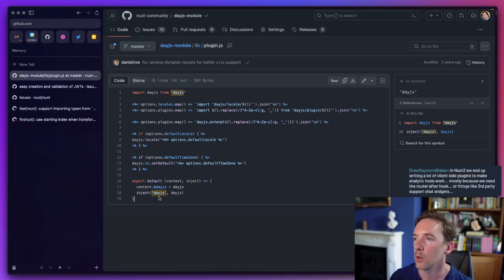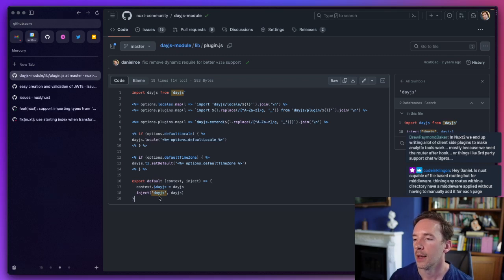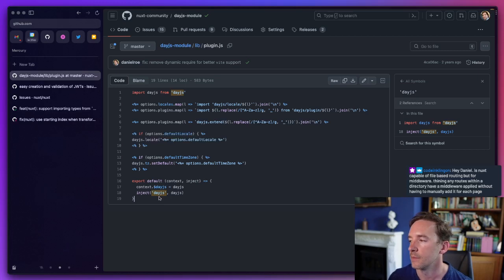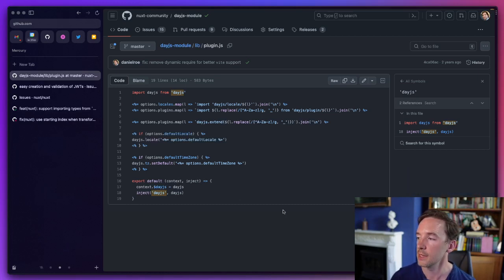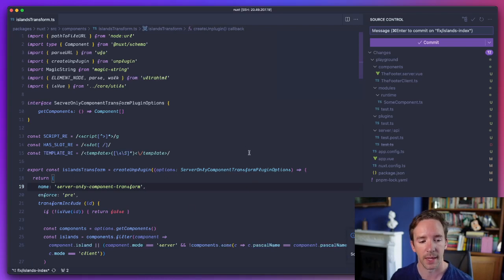But if you don't actually need a global singleton, then you don't need it. So, file-based routing from middleware. We are currently planning to add route groups. And yes, that would be very doable within that. As part of that, that would be why we would want to add route groups. But at the moment, you can do it with a slight hack. So this is how you would add a middleware to everything in a directory.